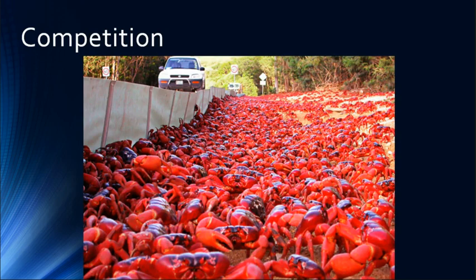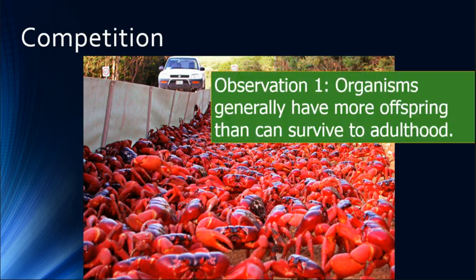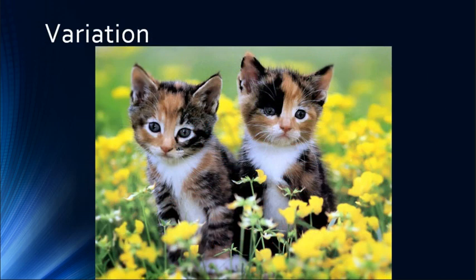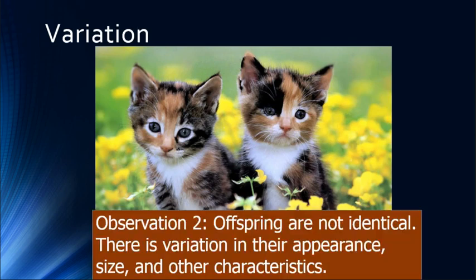two principles. The first one is competition. There are more offspring born than can survive, all right? And so only those that are able to get resources, get mates, all that good stuff, are going to pass on their genes. The second part is that each of those individuals is slightly different, right?